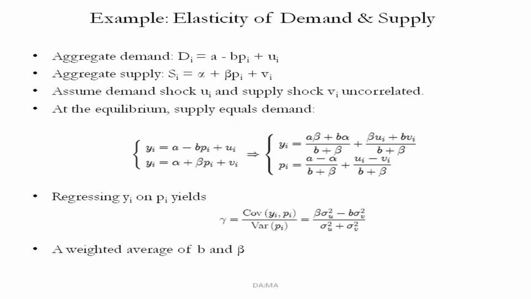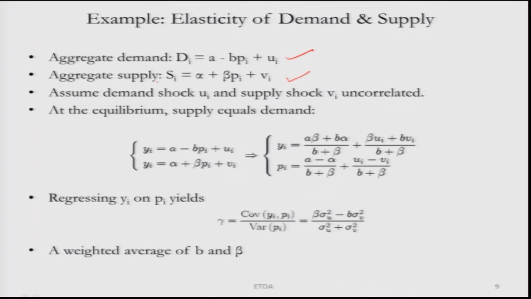Okay. So, the inverse supply function in other words. Assume that demand shock Ui and supply shock Vi are uncorrelated, just to make it simpler. So, at equilibrium supply equals demand. Then we have these two equations where Yi is essentially quantity demanded in this equation and Yi is quantity supplied in this equation, and in equilibrium we set the quantity supplied equal